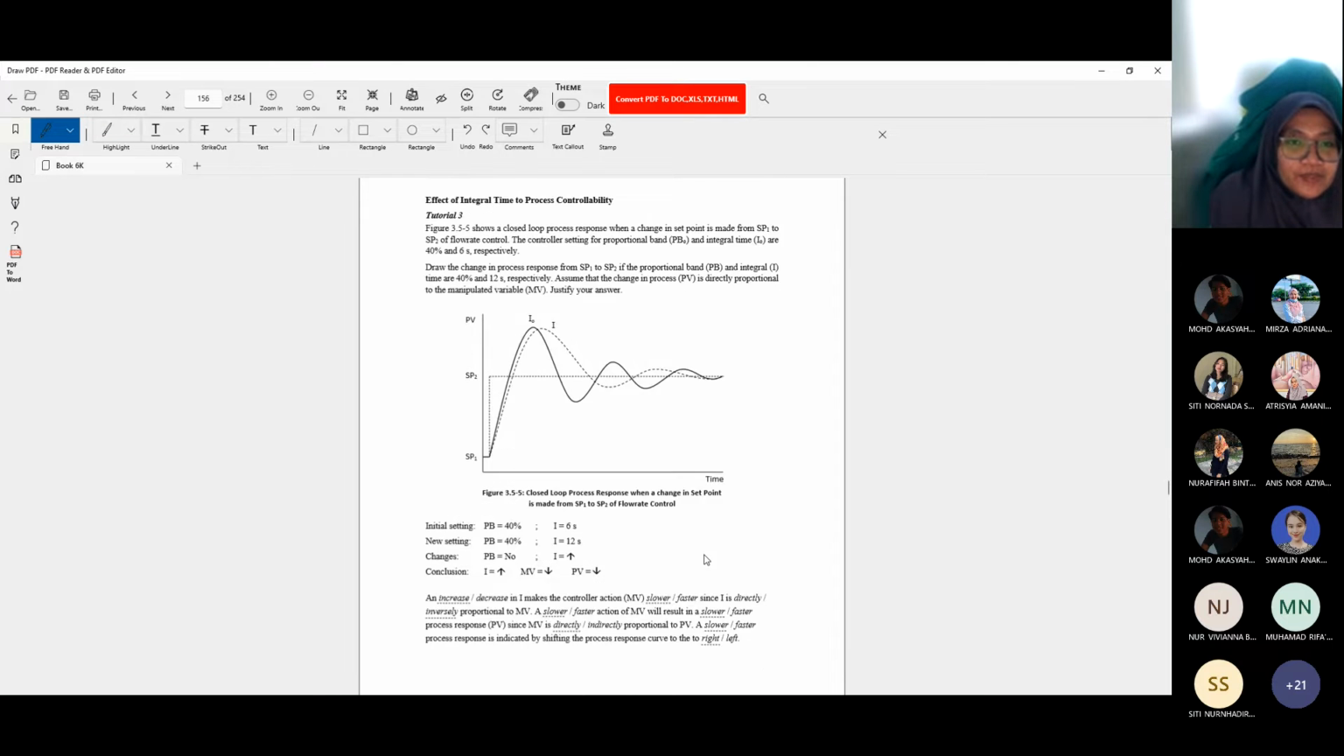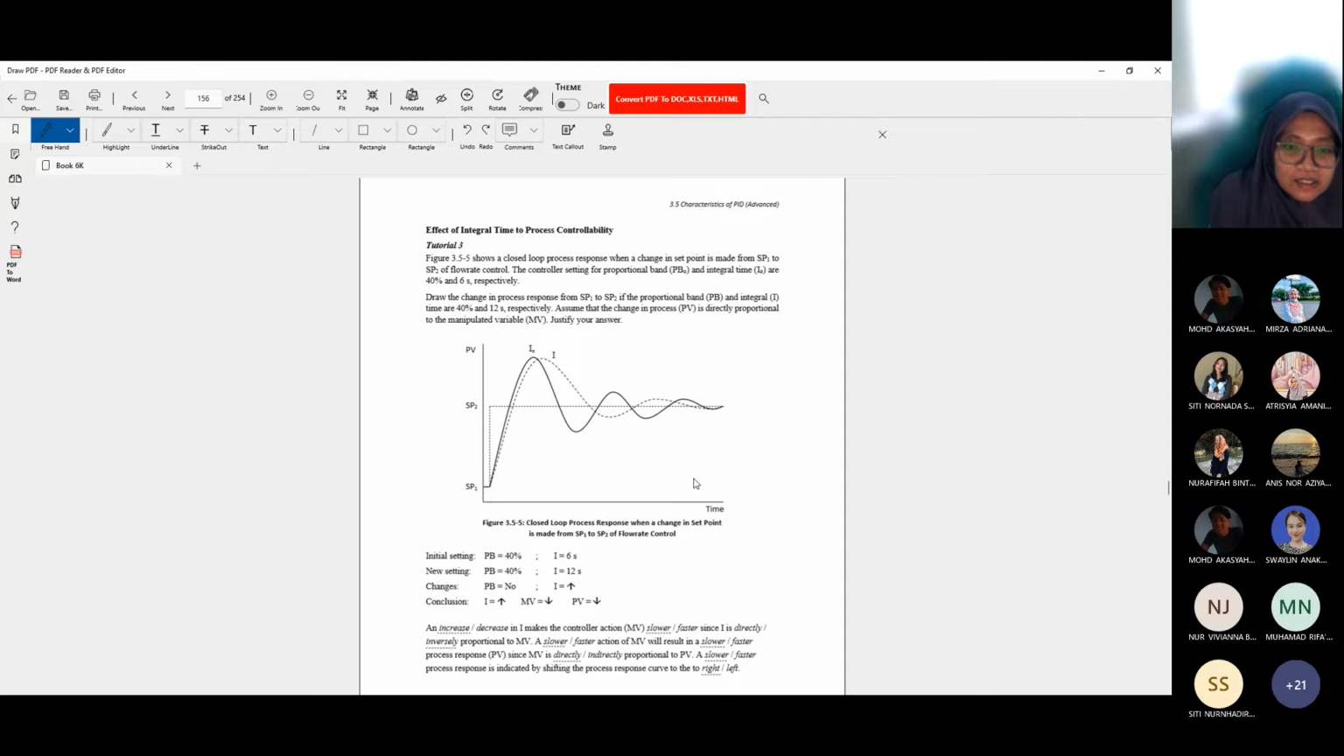Okay, this one is a flow rate control. You boleh tengok dekat sini. The value of I change from 6 second to 12 second. So kita dekat sini kita tak perlu ikut step by step tadi, kita directly write down sebab you dah tahu. So PB tak ada changes